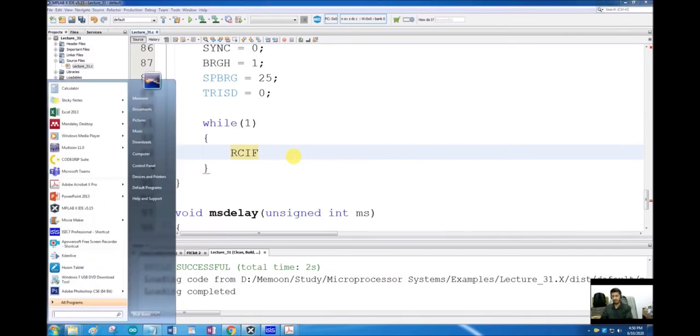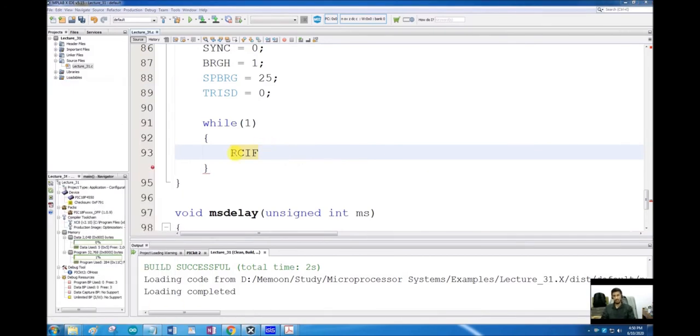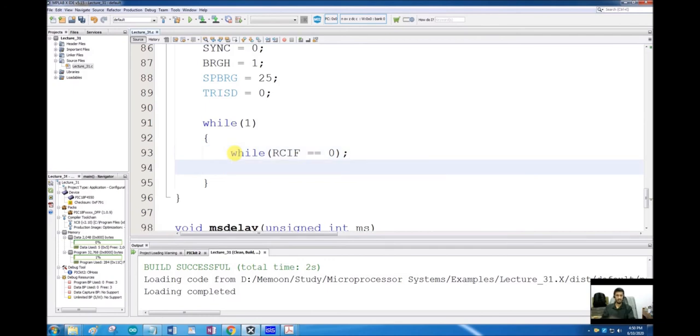So what I have to do is manually check the status of this flag: while RCIF is equal to 0, wait here. Keep waiting until this flag becomes 1.